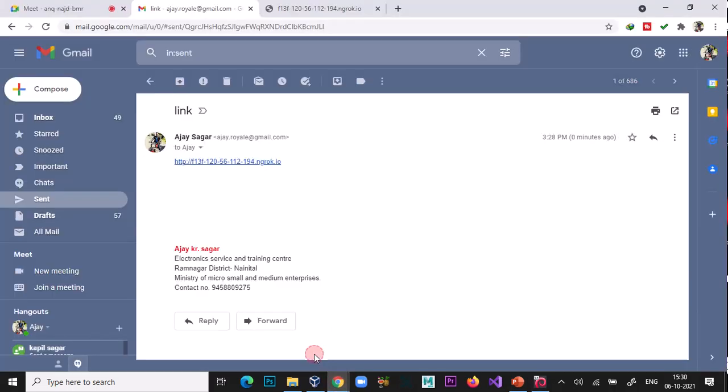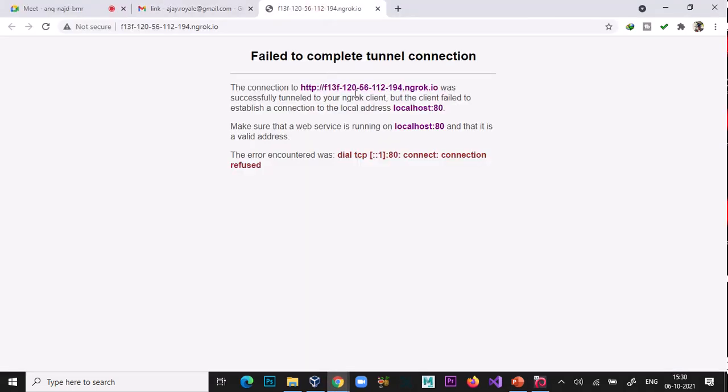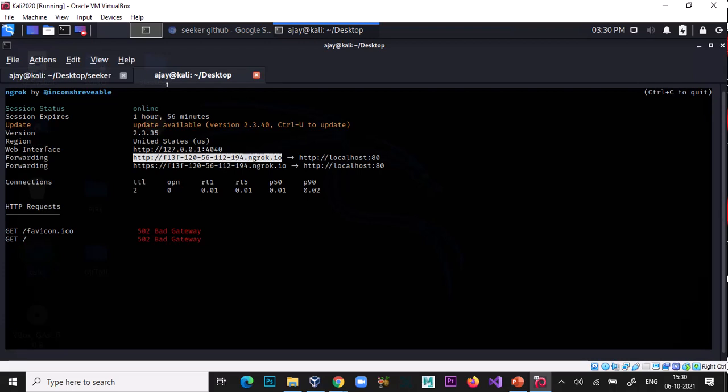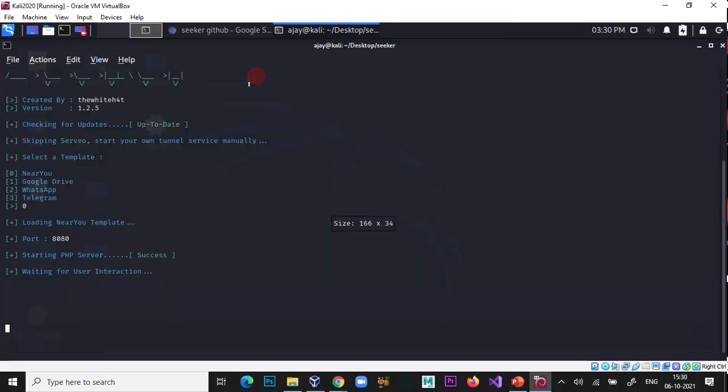In this browser, the connection is successfully tunneled to your end, but the client failed to establish a connection to localhost 8080. Okay, so here, just cancel it.